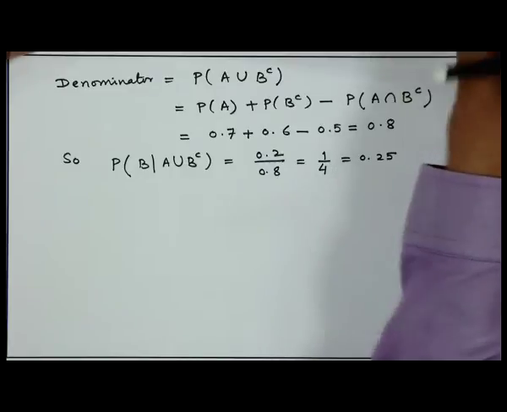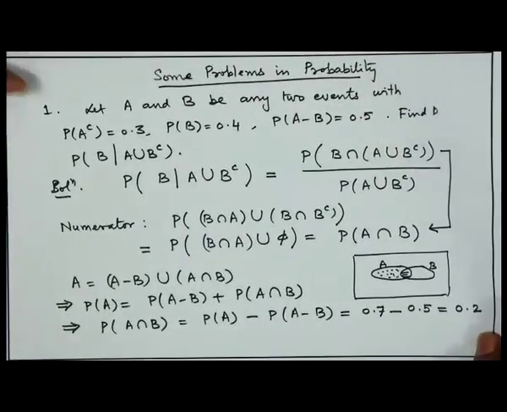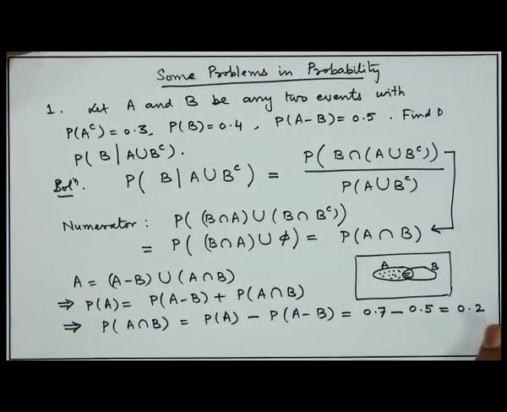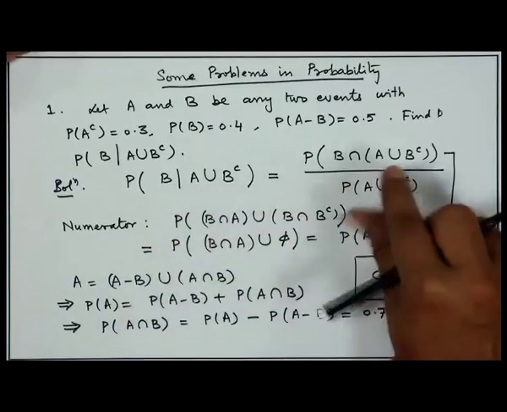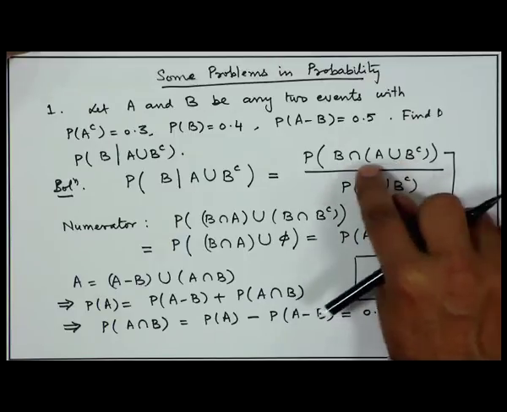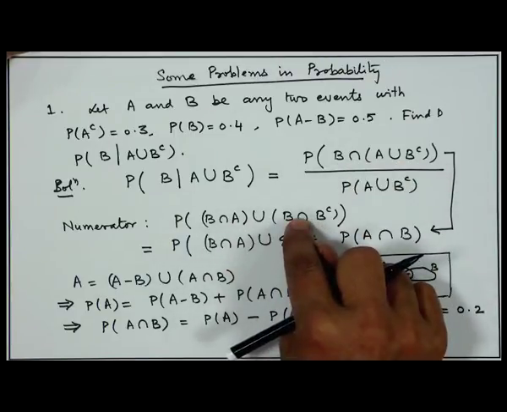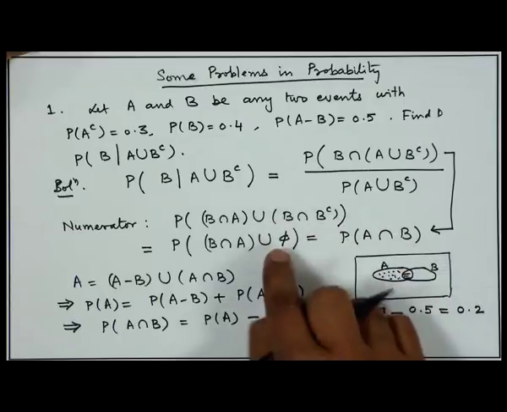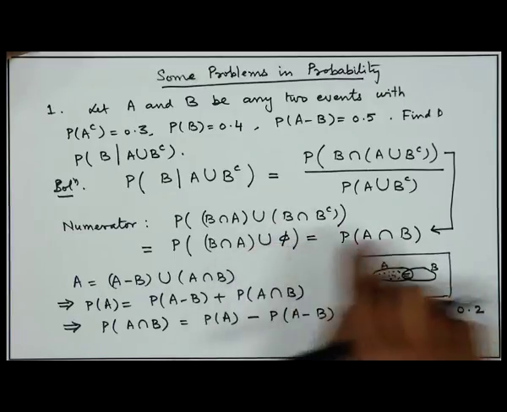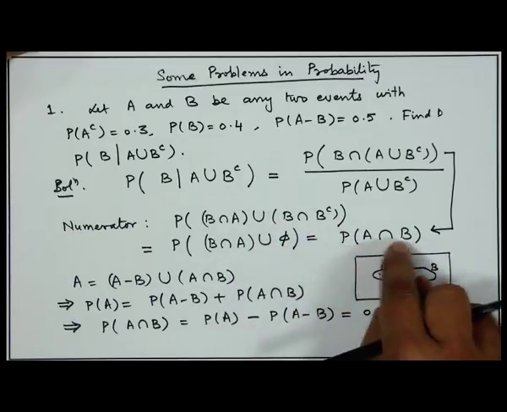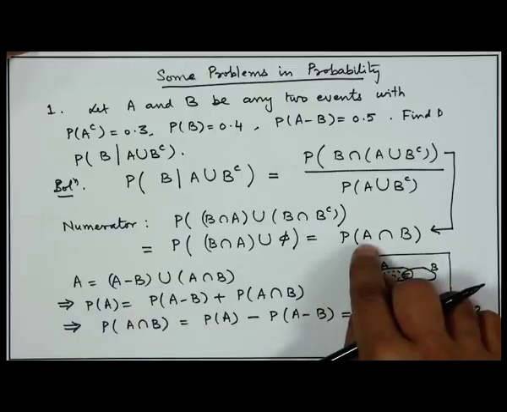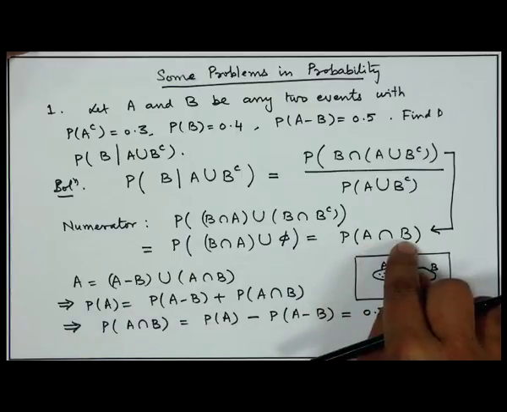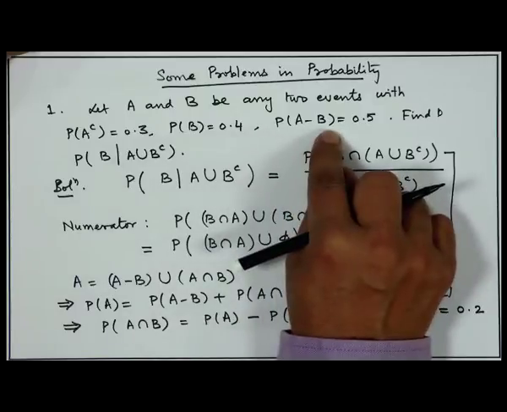Now, you see what are the principles of probability that I have used in this problem. First is the definition of conditional probability. Then in resolving the numerator, I have used the distributive laws of set theory, and then we get the empty set, etcetera. To calculate the probability of A intersection B, again I have used the additive property of probability, because I needed the probability of A intersection B, which is not given here.